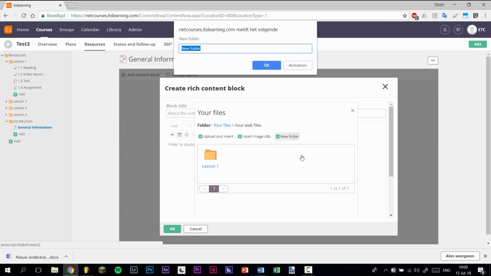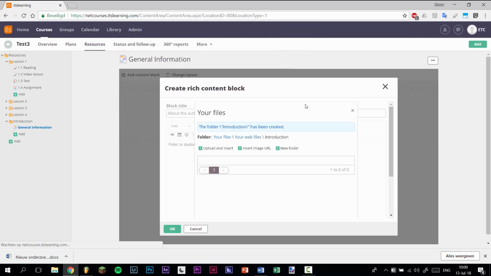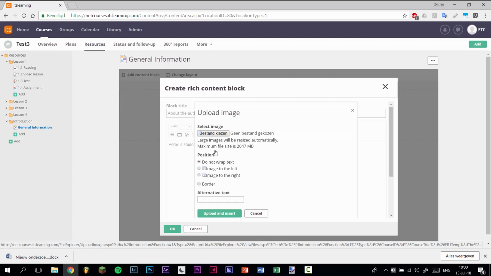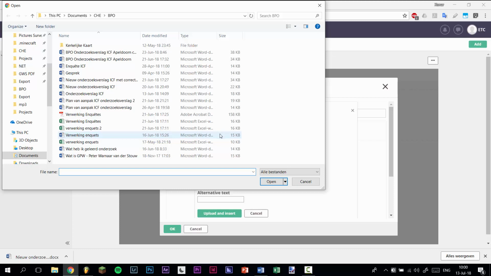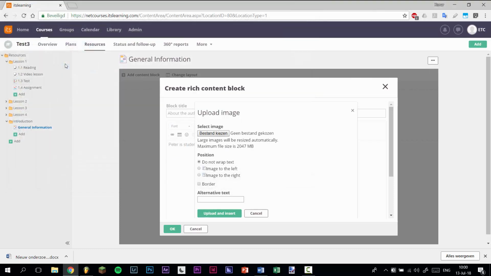Now we'll make a new folder again. It's called Introduction. Click on OK. So we are now in that folder. And here we can insert a picture. And in English it says choose file. And we click on here. And I have already put a map here with a little picture of myself. And we can choose